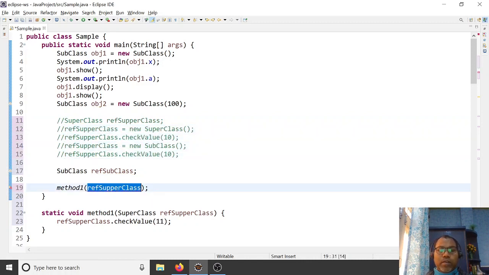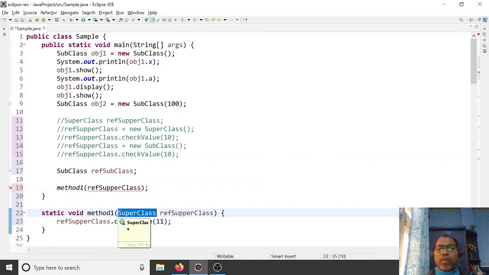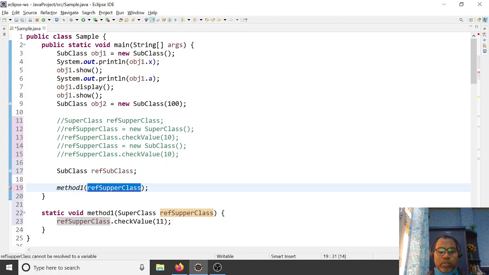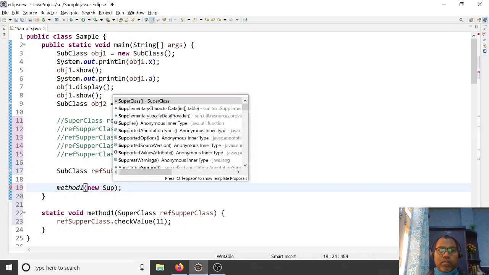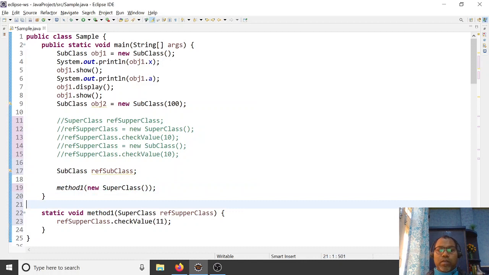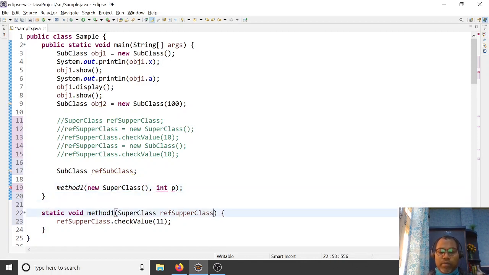Here you can pass a superclass reference. So here you can pass new superclass, and here let's key in your integer parameter. Here pass whatever input p. Let's say I am passing 100.